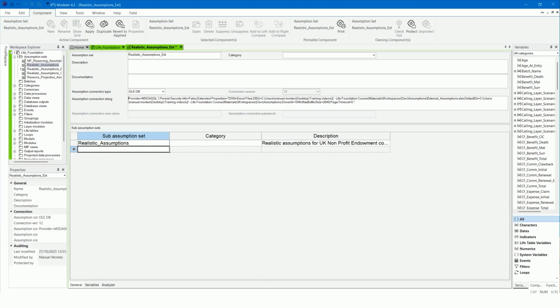Note that the file connected to here is not the actual one used by the model. We shall see later that the file used is the one specified in the model, layer or program. This connection in the assumption set works like a template and enables us to set up the assumption table and specify external assumptions. At runtime, Modeler uses the assumption connection string properties of a model and its subcomponents, and ignores the assumption connection string property of each of its assumption sets unless you use the assumption file property.